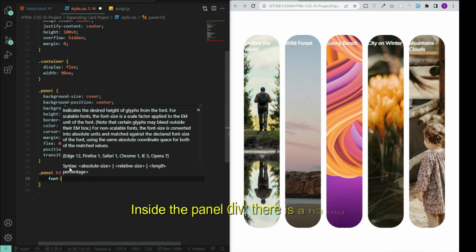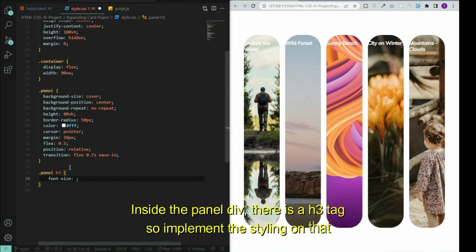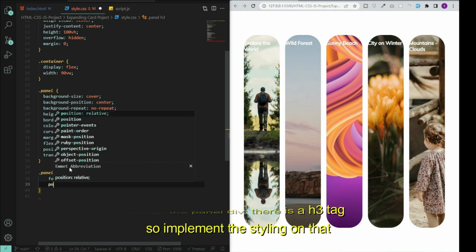And inside the panel div there is an H3 tag, so implement the styling on that.